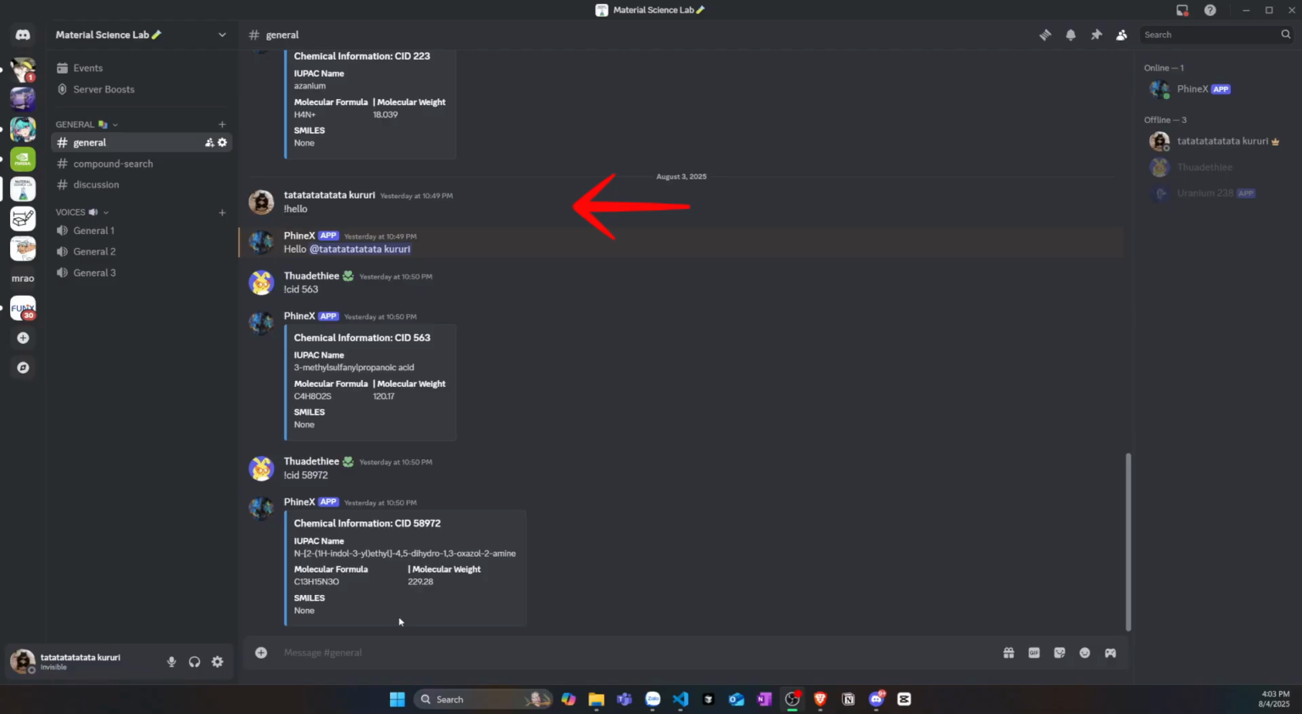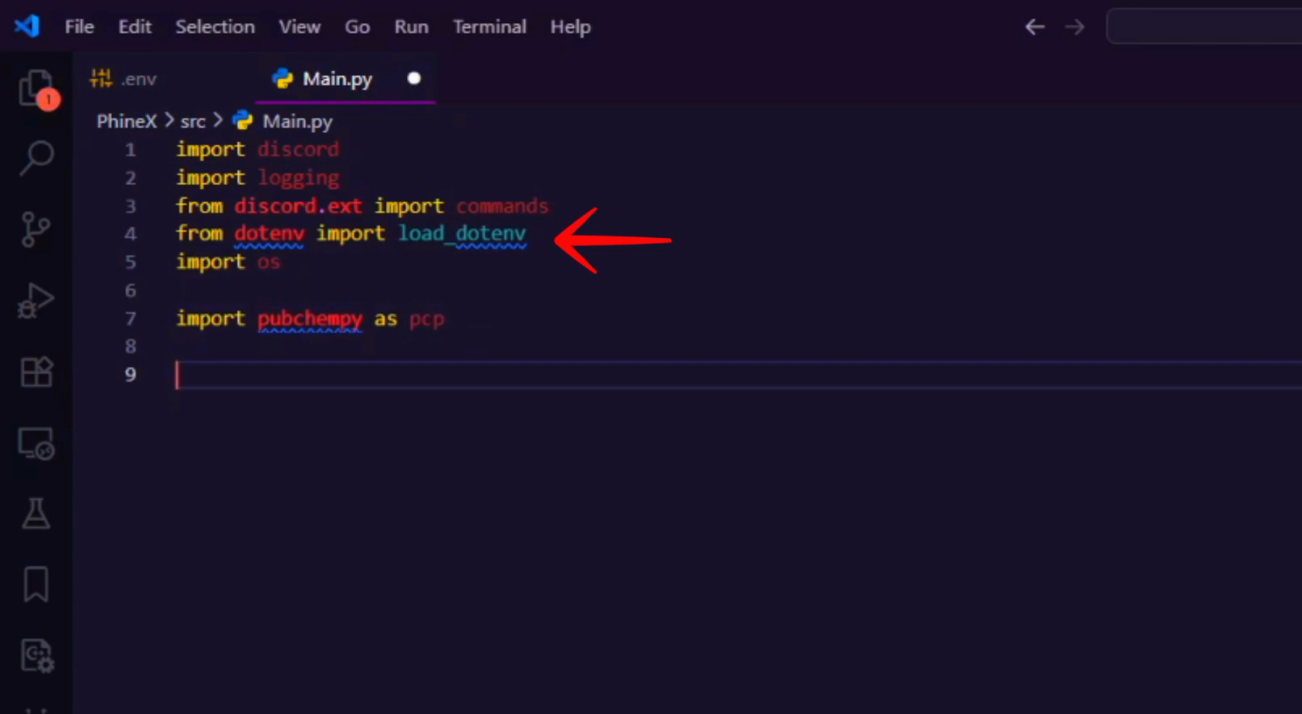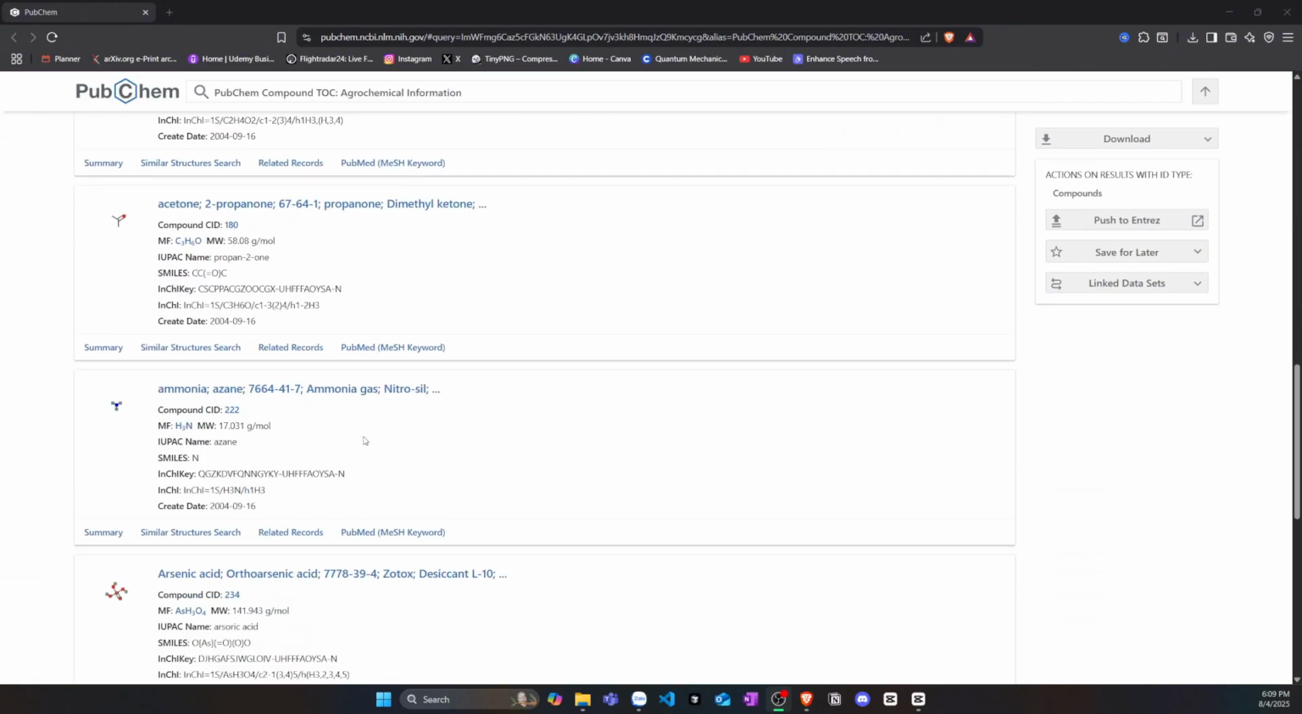commands. This gives access to the commands extension, which makes it easier to create bot commands that we'll be using later in this video. load_dotenv. Loads sensitive data like your bot token from a .env file instead of hard coding it. It's a security best practice. os lets us interact with the operating system, in this case to read the token from environment variables. And finally, pubchempy. This connects our bot to the PubChem database so it can search for chemical information using